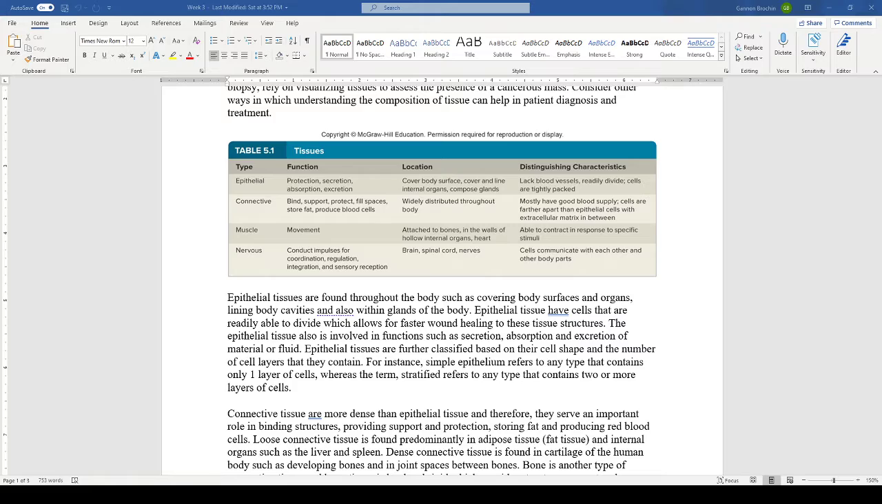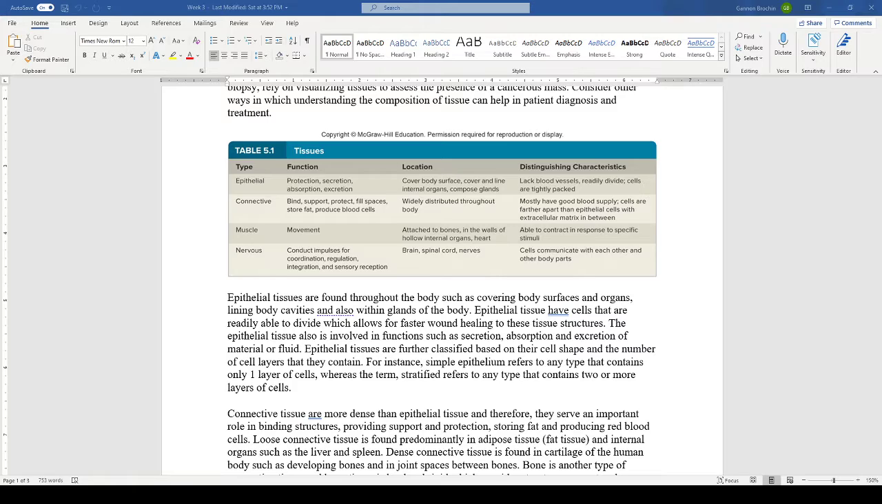Then we have muscle tissue, which everyone knows provides movement. Then we have nervous tissue, and nervous tissue conducts impulses and controls a lot of the bodily functions that are automatically handled. So, to start off talking about epithelia, we're going to start talking about the different types of epithelial